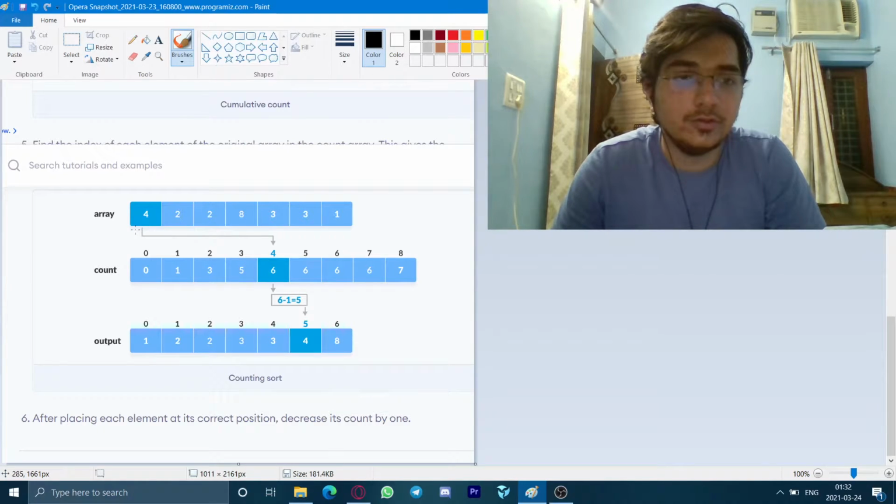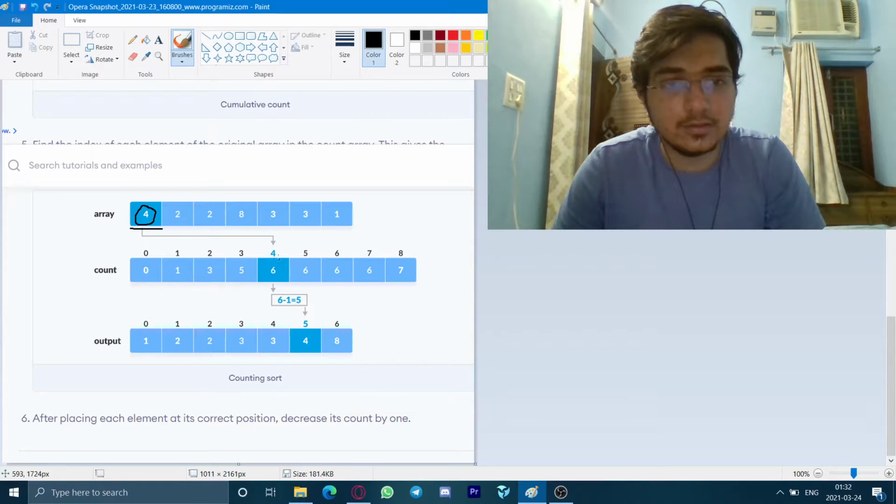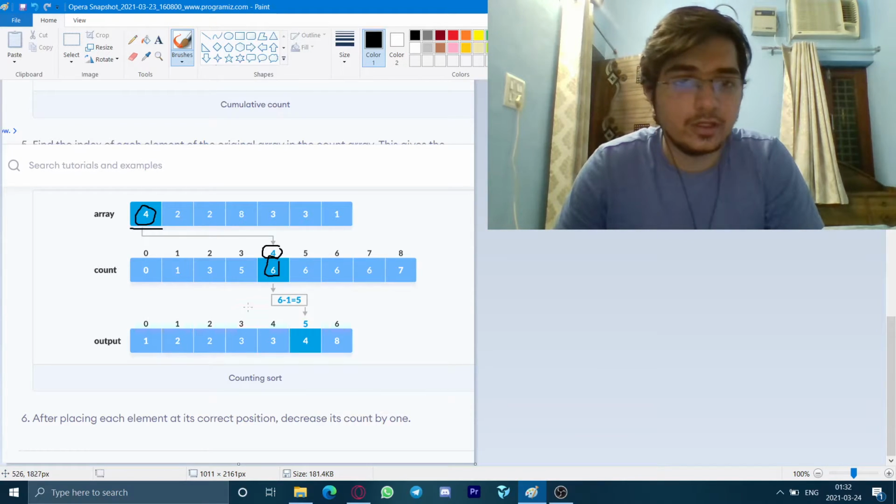What we are going to do to print our output is take the original element, like the 4 we have here, and find the index which has 4, the fourth index, and the frequency, the value in the counting array, which is 6. For output, we will first find the index at which we are going to print the number 4.